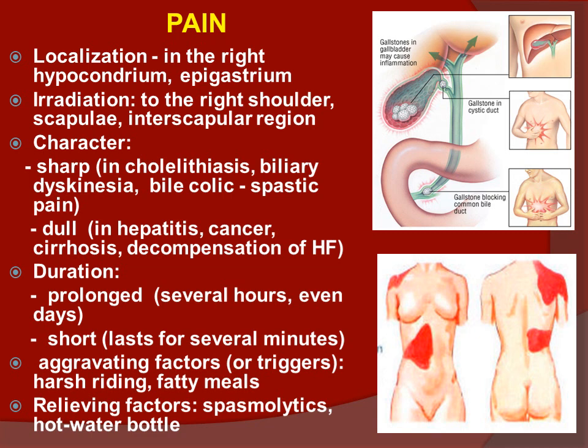Attacks of pain occur mostly in gallbladder stones or cholelithiasis. They are provoked by jolting or by fatty food. Pain attacks occur also in hypermotoric dyskinesia of the gallbladder and bile duct. Pain usually develops quite unexpectedly due to the spastic contraction of the muscles of the gallbladder. Sometimes the cause of pain is the irritation of the mucosa by the stone, sometimes due to obstruction of the common bile duct by a stone,